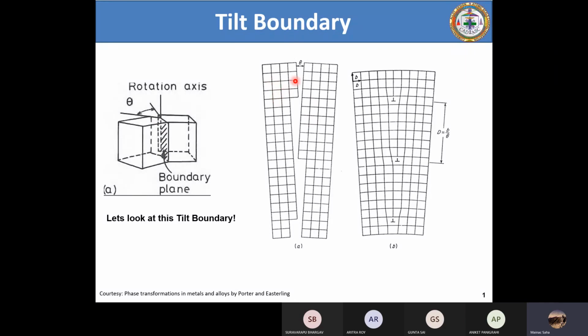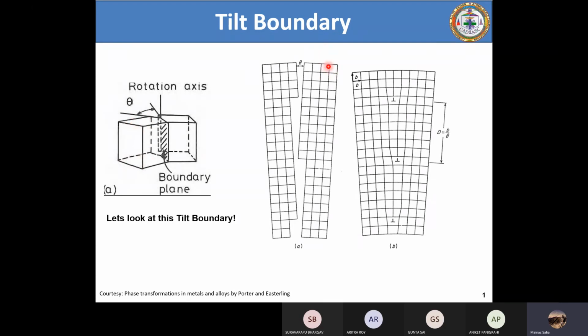The first thing is, don't think of anything here. First I will tell you. Suppose this is grain one. This is the atomic arrangement along grain one: the first two columns and all the rows. Don't consider the third and the fourth one, because there is some problem, a discontinuity. I will tell you what these are. So if you consider the first two columns along all the rows, let us consider that as the atomic arrangement along this cube.